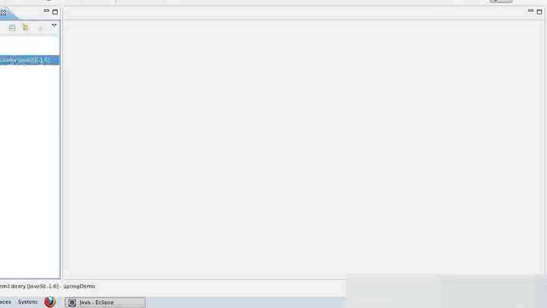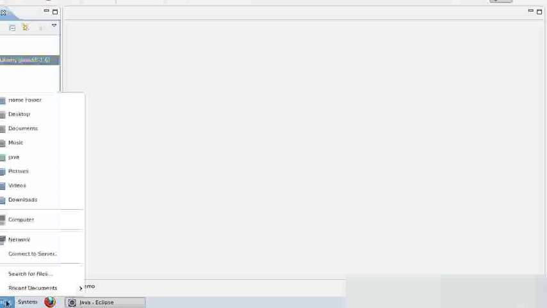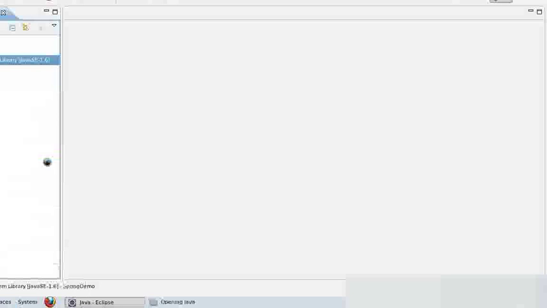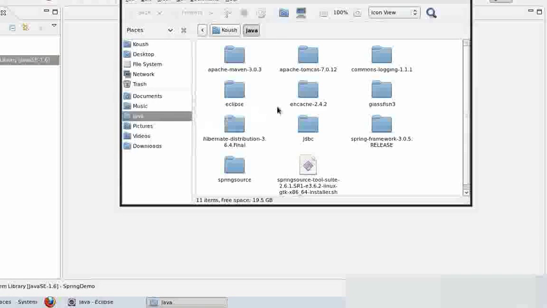Now what I'll do is I'll create a custom library in which I will put all the Spring jars. I have actually gone ahead and downloaded the Spring distribution from the Spring site. I have it over here, the Spring Framework. The current release is